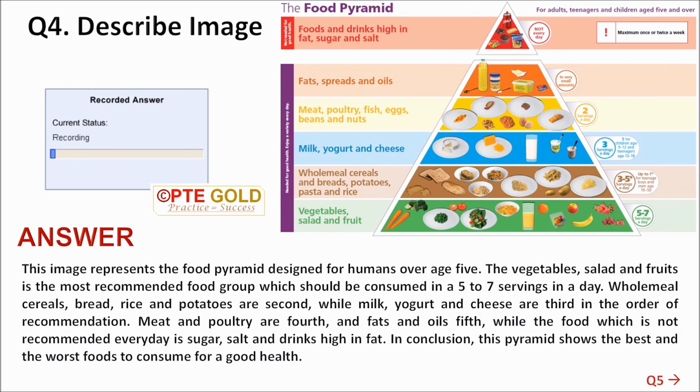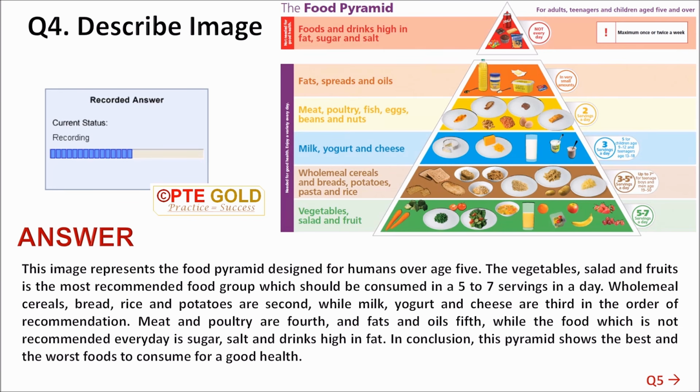This image represents the food pyramid designed for humans over age 5. The vegetables, salad, and fruits are the most recommended food group, which should be consumed in 5 to 7 servings in a day. Wholemeal cereals, bread, rice, and potatoes are second, while milk, yogurt and cheese are third in